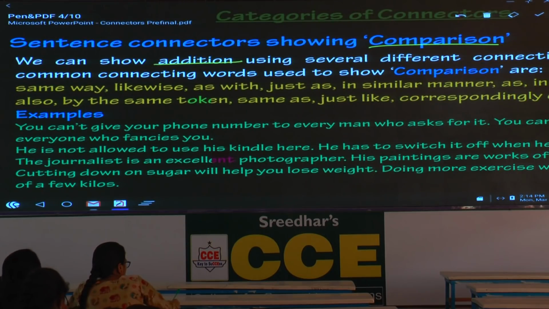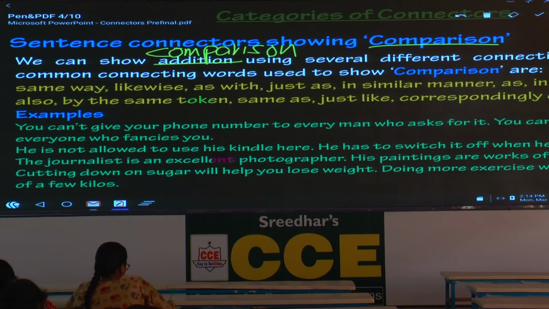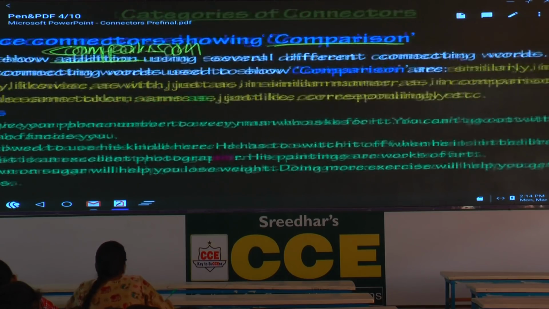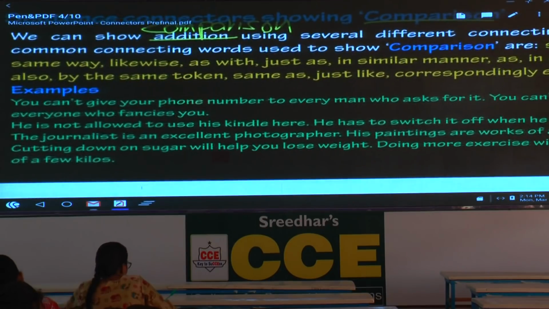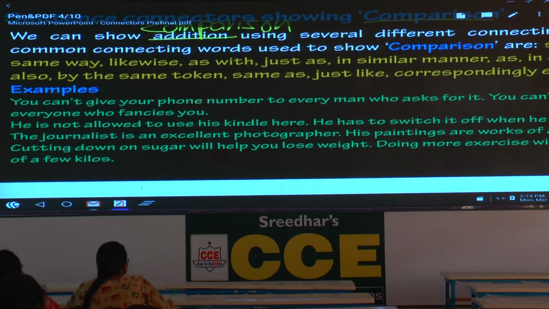We can show comparison, showing several different connecting words. The common connecting words used to show comparison are: